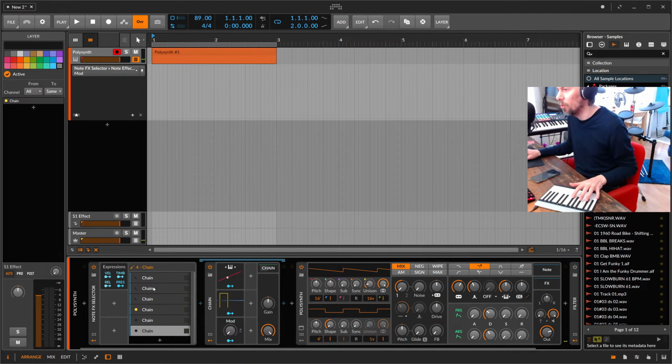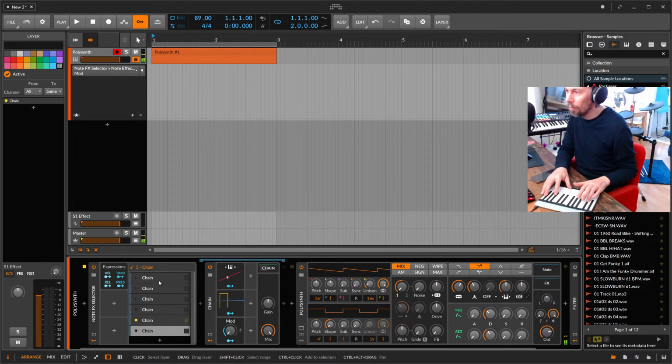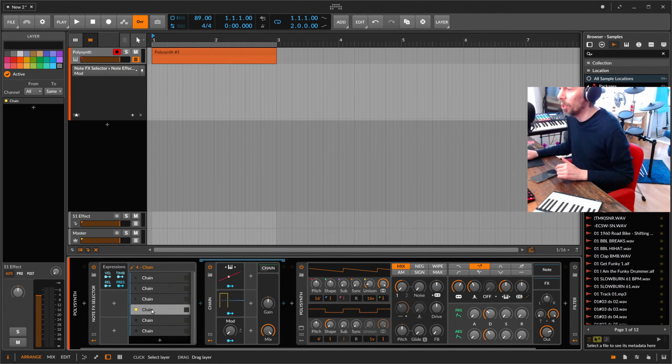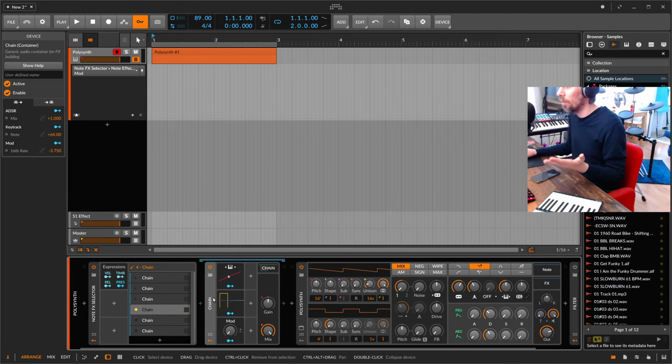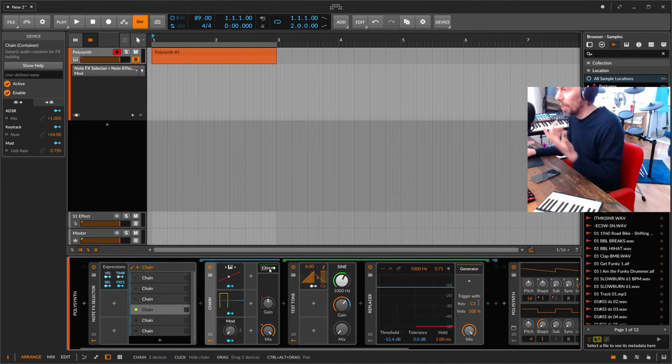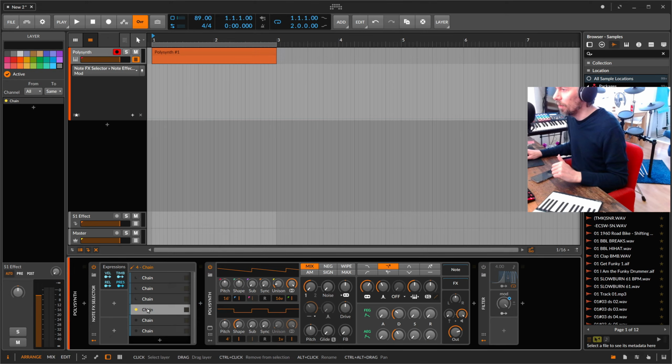As you can see here, I'm using multiple layers, which means I'm using multiple voices at the same time. So this could be something interesting maybe for you for your project. I just want to show you this. With this small preset, or with the small device here alone, you can create interesting rhythmic effects, but when you put it into a node FX selector, you can also use it as some kind of MPE device, which is